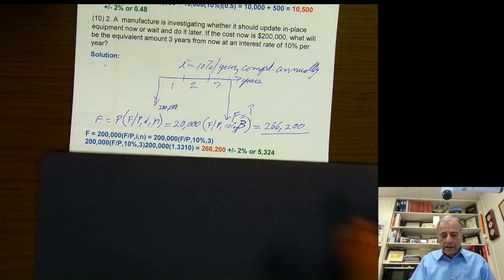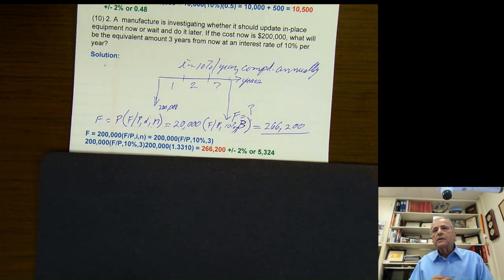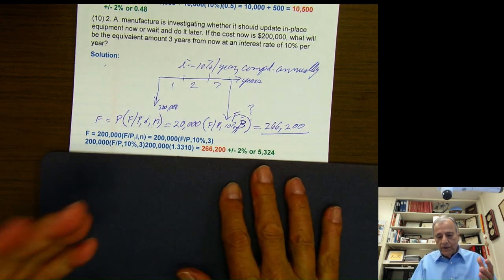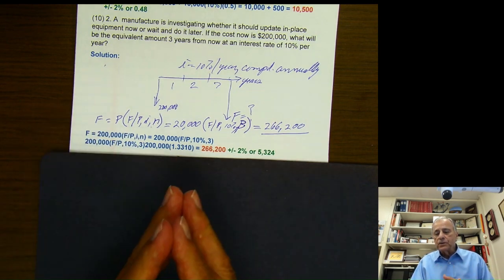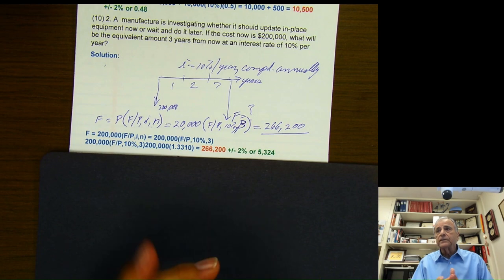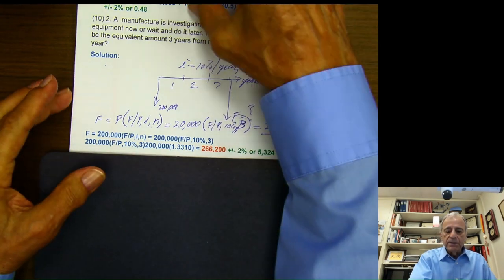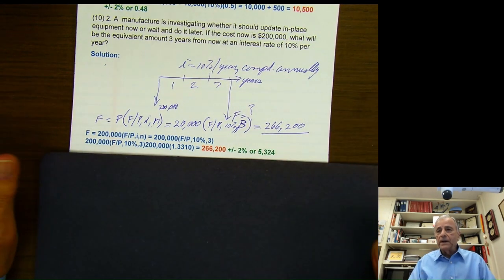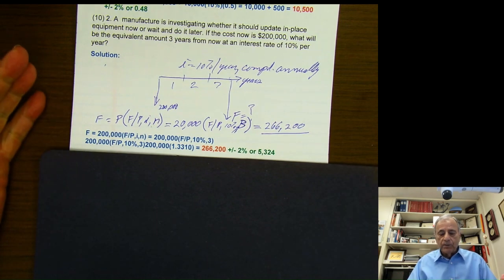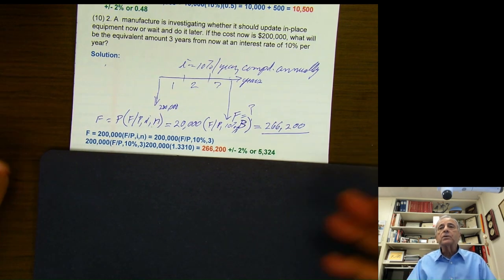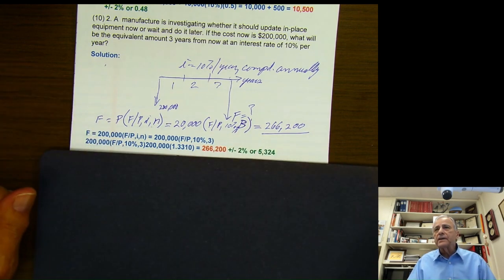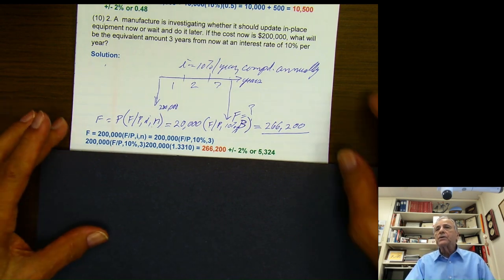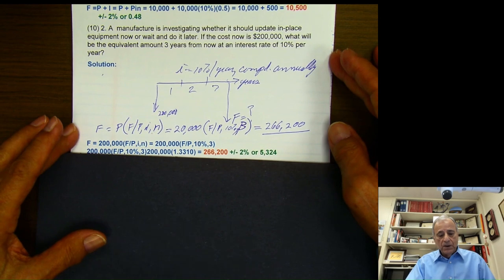By the way, on the test, just like on the homework, if you get an answer plus or minus 2%, you'll get it correct. However, on the test, you're also going to submit your work, and I'm going to grade that. And usually, almost always, it helps the student score higher, because if you get the answer wrong because of a little math error somewhere along the way, then I'm going to give you most of the credit for the problem, even though